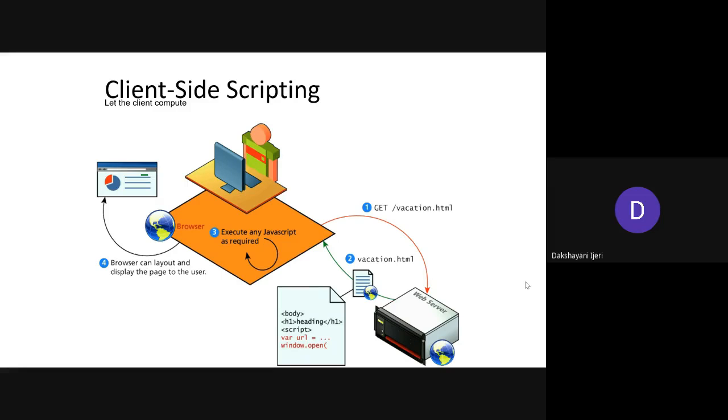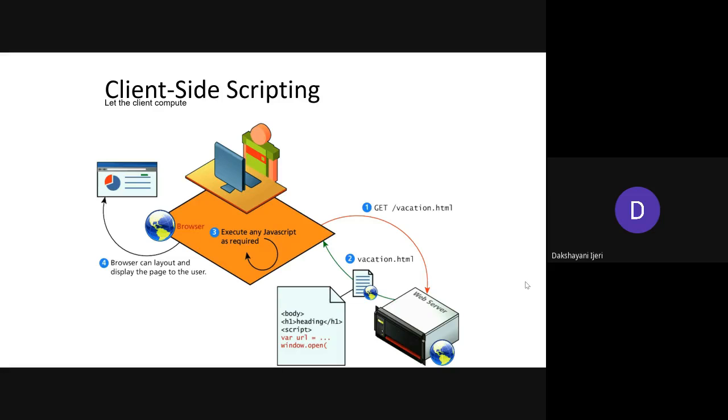The user is not going to get to know whether it is running in the browser itself or whether the data has been sent to the server or not. The user is only meant to give the input and get the acknowledgement, but you as a developer are going to take care of how it is going to be interacted, how the execution of the programs from the HTML is going to be executed. So this diagram tells you how client scripting is going to work, right? It is very simple, but you need to remember the steps, because as a theory question you might be asked to explain client side scripting with a figure.